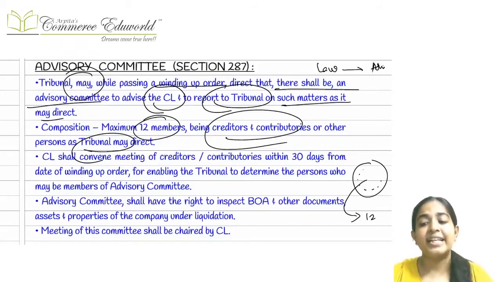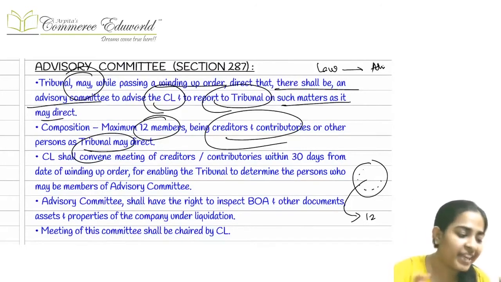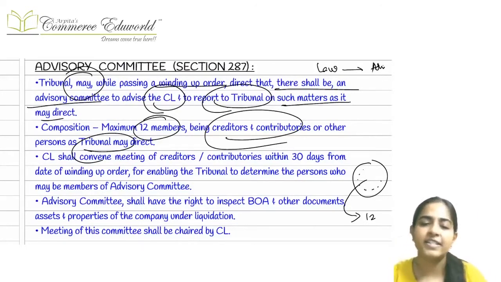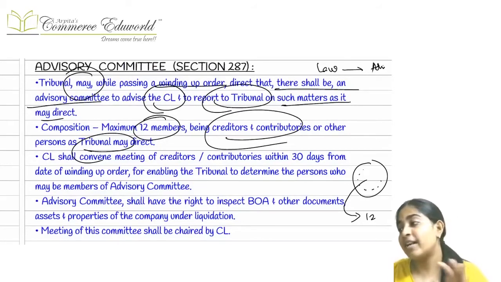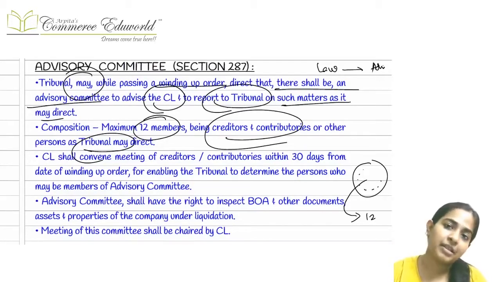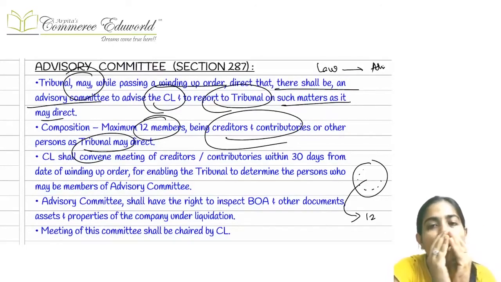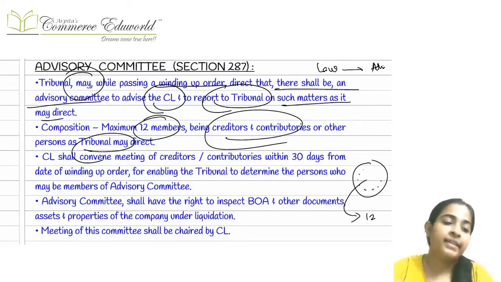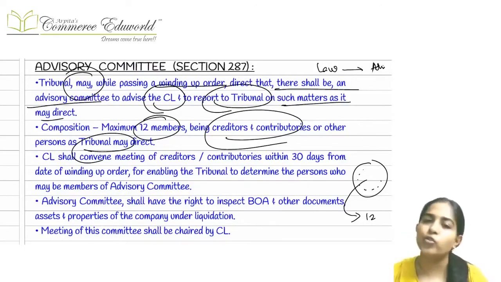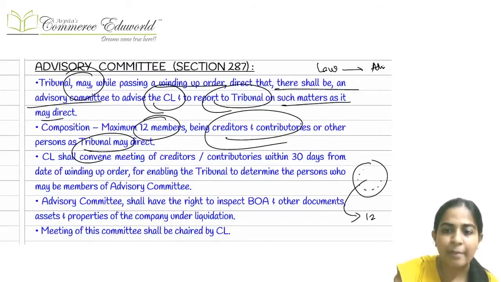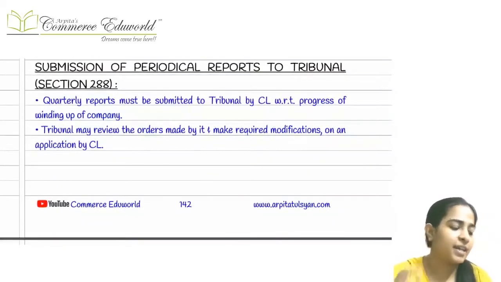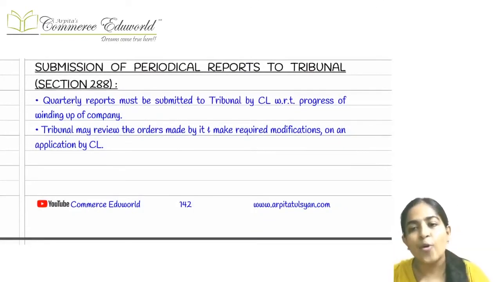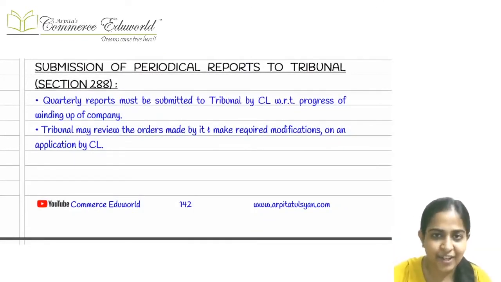Suppose there is any conflict between the advisory committee and the other creditors and members. In that case we are going to listen to the creditors and the members, because in the advisory committee we just have a small portion of them, just 12 members. If the other members say that the decision of the advisory committee is wrong, then it is wrong. The advisory committee is just a representative. It's just a small portion of the members or the creditors, and it has all the rights to inspect the books and papers of the liquidator, to check the custody of the assets, etc. They have got all the rights.